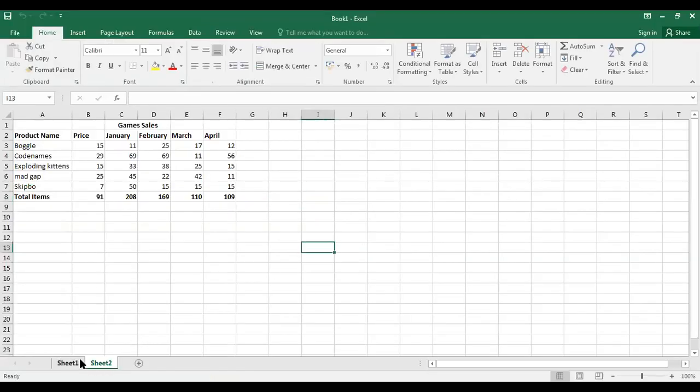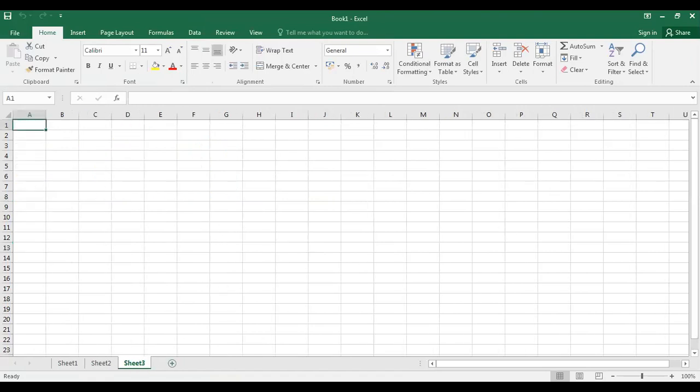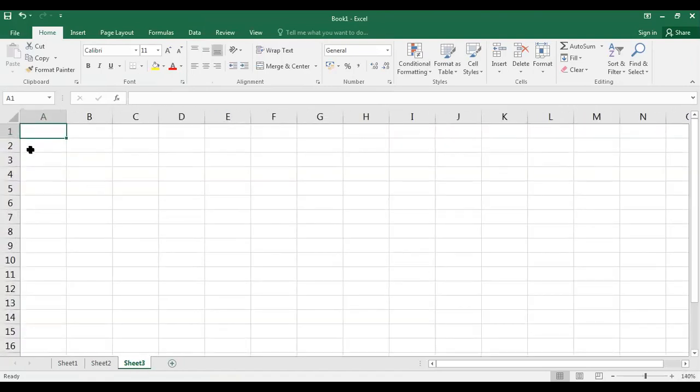Okay, let me continue with the new sheet. The same example will continue. Different areas you can type, and how much you are planning to invest, those items you can enter.